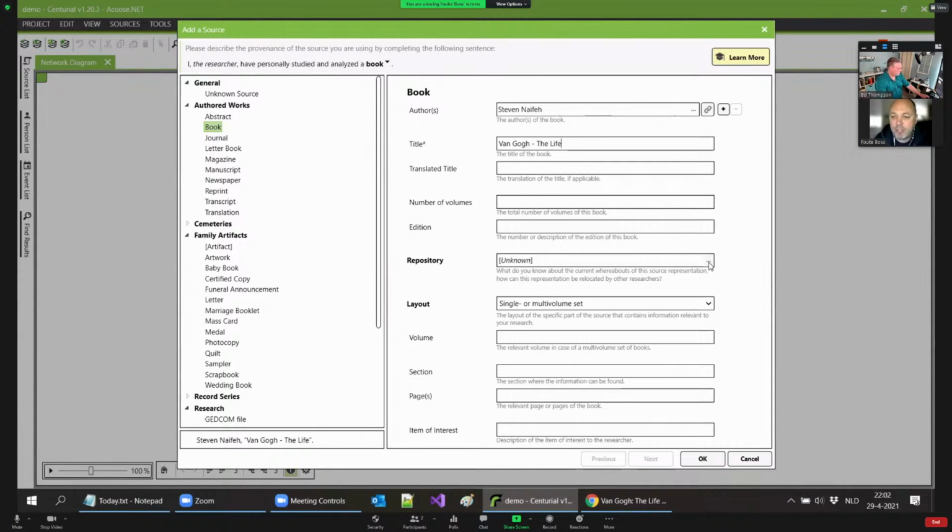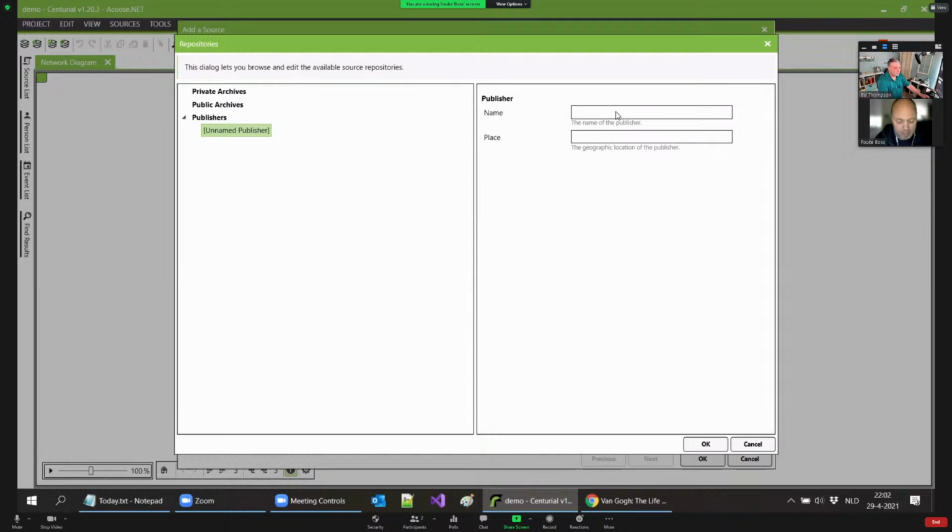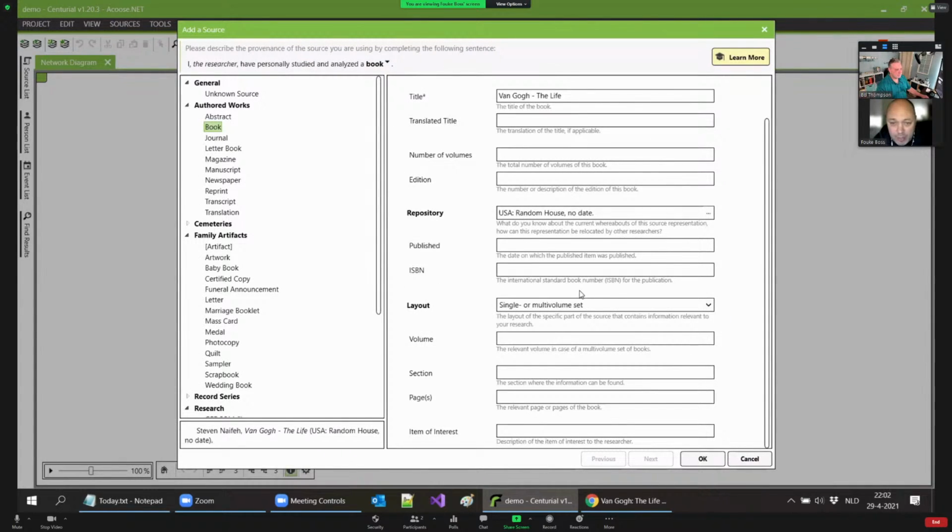Interesting field is the repository. How would I find this book back if I was looking for it? How would I retrieve it? In this case, I'd say it's published, so that's a nice way to retrieve it. I think it's called Random House, the publisher. It's located somewhere on your side of the big pond. And then you fill out, I know it was published somewhere in 2012. And let's say, I don't have the book around, but let's say that on page 1 there's something interesting. So I'll put in the page number.